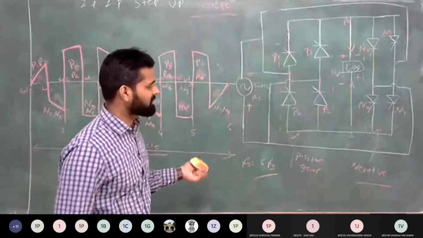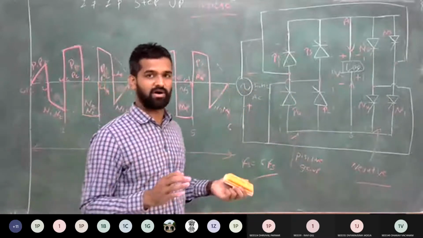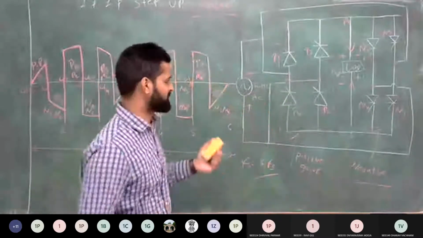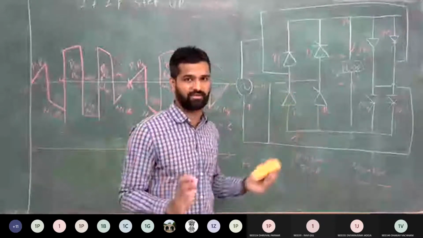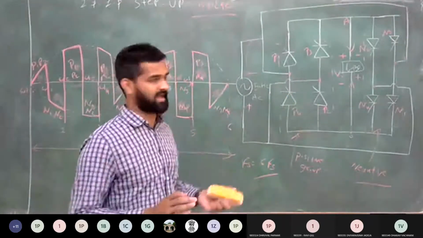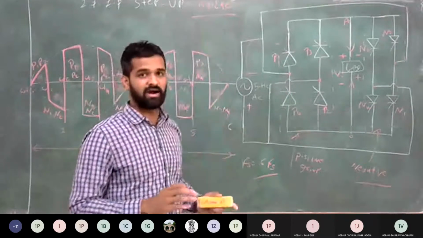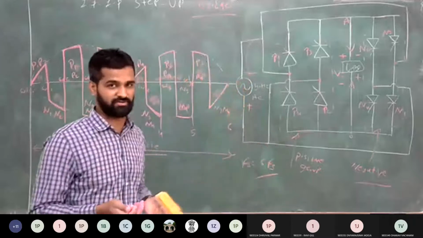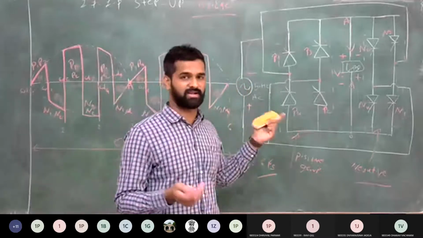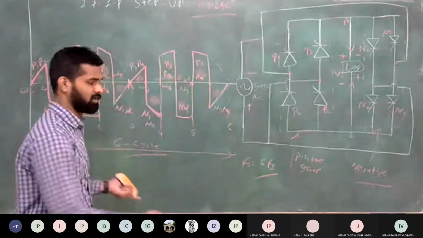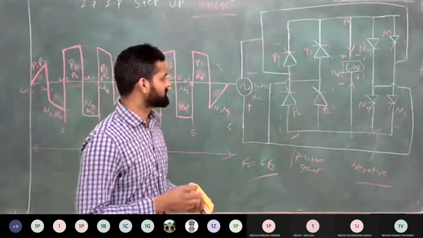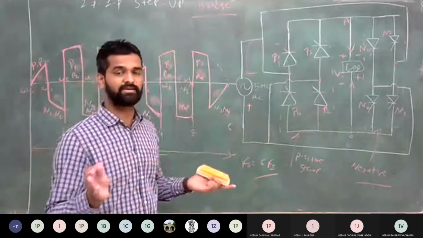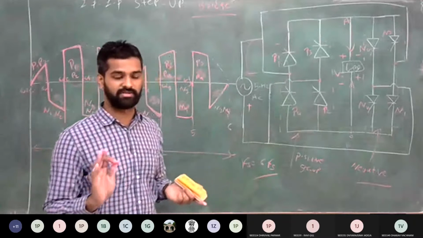Clear? Generally, to make the compact size of cycloconverter, we prefer to use this bridge fashion because we do not require the extra transformer, because the size of the transformer is large. Clear? So for the compact size, generally prefer the bridge. Otherwise, if you design from the economical point of view, then you can use the midpoint configuration. Clear? But the working of both these cycloconverters is the same, both give the same output voltage frequency. Clear? So I hope all of you understand this single phase step up by both the configurations, bridge and midpoint configuration. All of you clear this one?